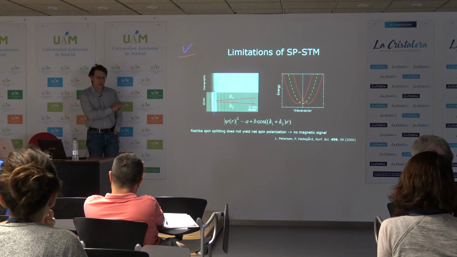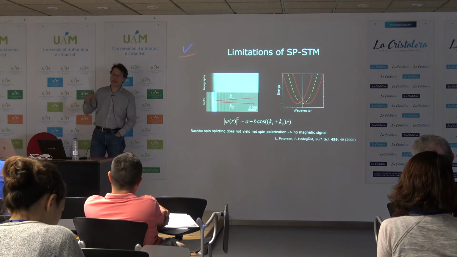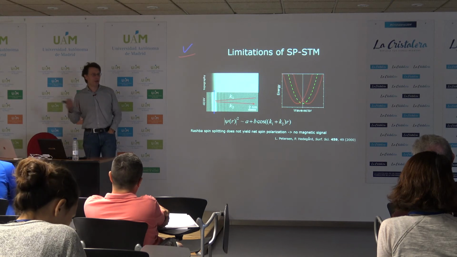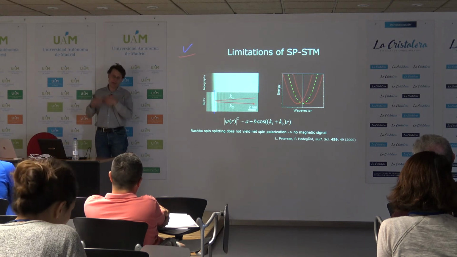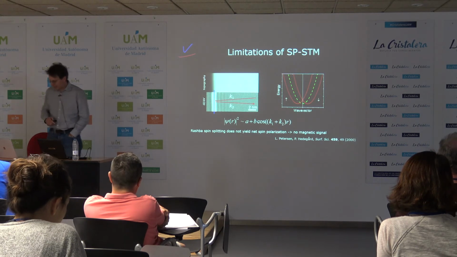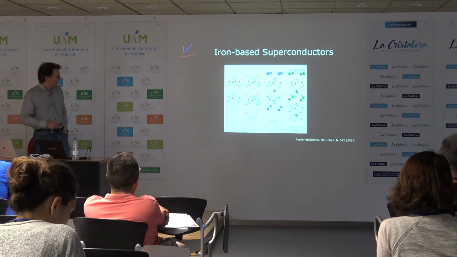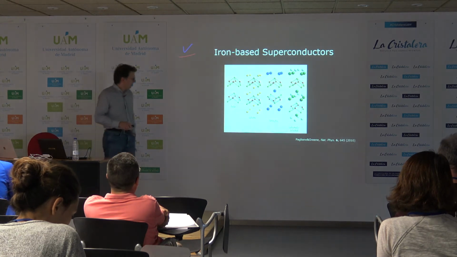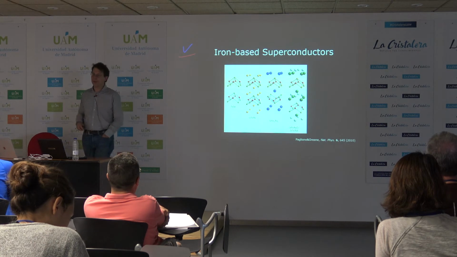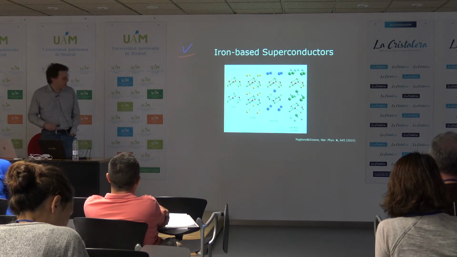The other thing we don't see, because we probe spin polarization at the Fermi energy, is things like loop currents, which are proposed to exist in the pseudogap phase of the cuprates. Okay, in the following, I will discuss measurements on iron tellurium, so if you like, the non-superconducting parent compound of